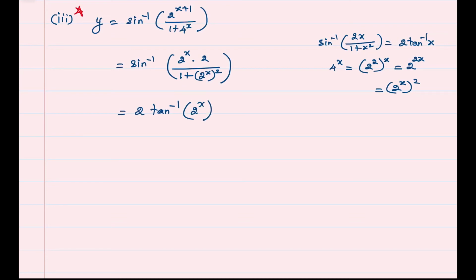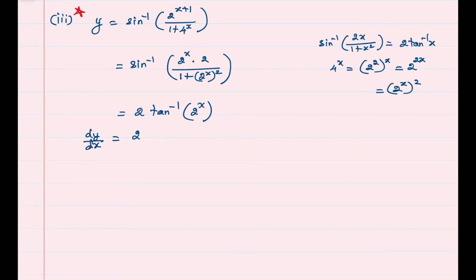We have simplified the function. Now we will differentiate. Differentiating both sides with respect to x, we get dy by dx equal to 2 is a constant. To differentiate tan inverse of 2 raised to x, we have to apply chain rule. Tan inverse has to be differentiated first, then 2 raised to x has to be differentiated. Differential of tan inverse of x is 1 upon 1 plus 2 raised to x the whole square into differential of a power x